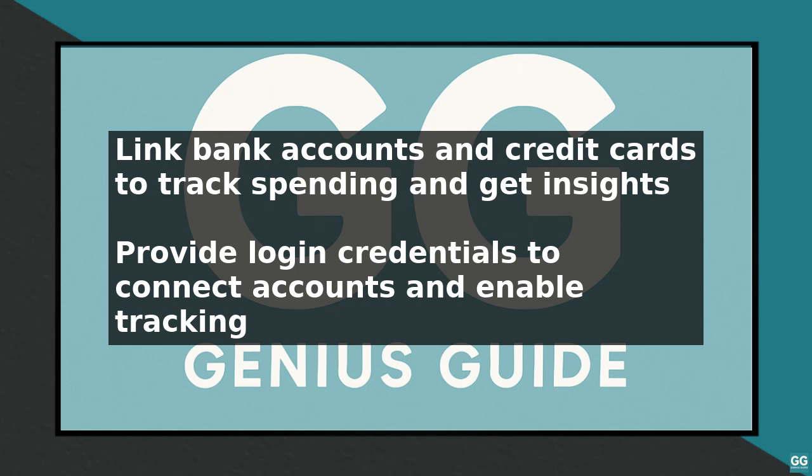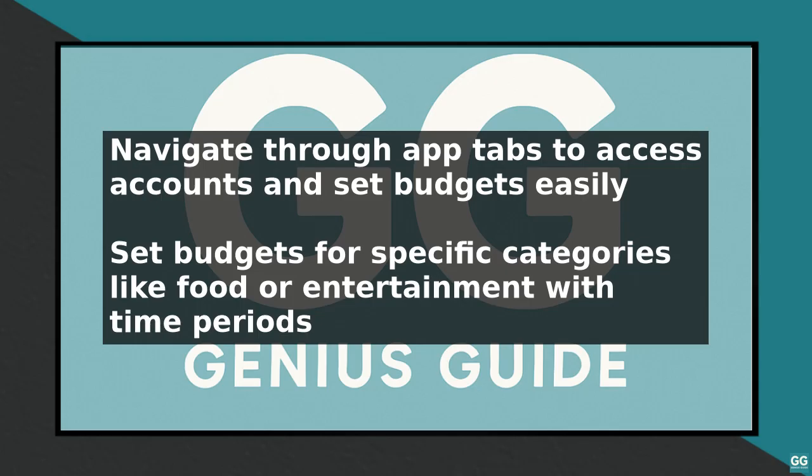To set a budget, tap on the Budgets tab and select the category you want to set a budget for, such as food or entertainment. Enter the amount you want to budget for that category and set the time period for the budget, such as monthly or weekly. Copilot Money will then track your spending in that category and alert you if you go over